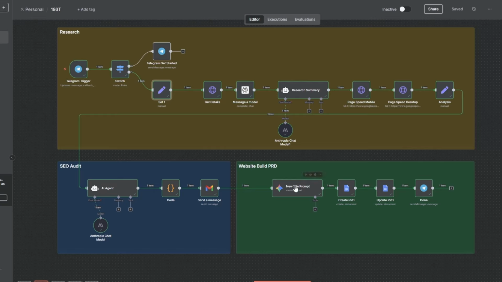PRD. What this chat model is doing is taking the entire scraped website, all the HTML, the CSS information, and it is generating a PRD document that will be able to be provided to Bolt or Lovable to produce a new modern website based on all the details of the current one. And that's a bit of the secret sauce of how we can produce a new version, a better version of